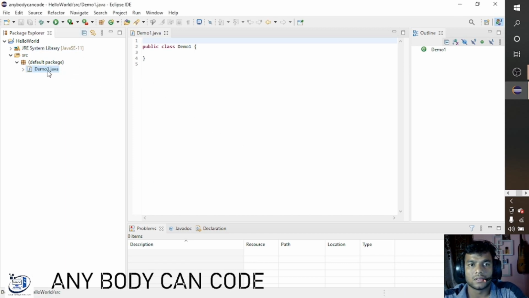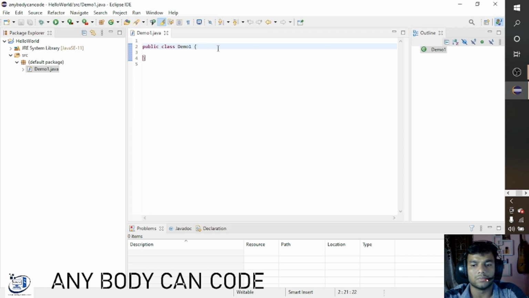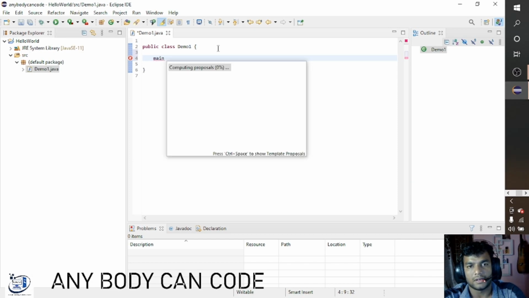In Java, all the concepts are object concepts. Don't go through the concepts right now because it is a little bit confusing. I have not discussed anything about Java yet. So first, to check whether Eclipse is working or not, we were testing something, so we will declare the main function, that is public static void main.